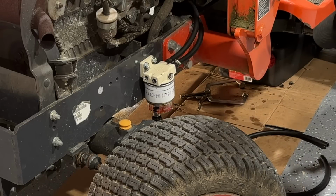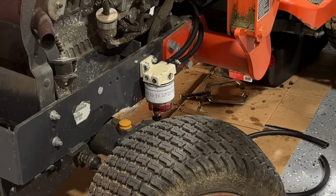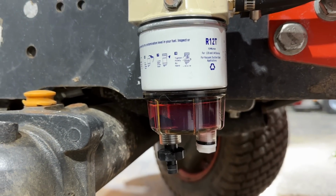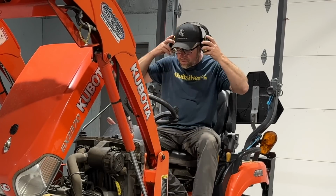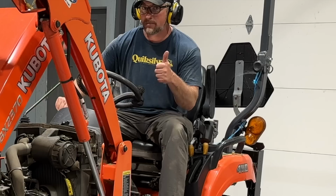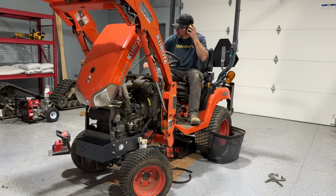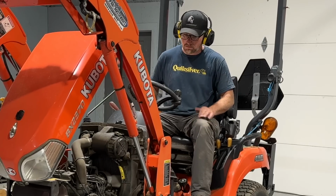All right, we got fuel coming in. Awesome. Now we gotta get it in and then back out. All right, let's give it a try. It decided to stall out a little bit because there was air in the lines, but then it cleared itself up